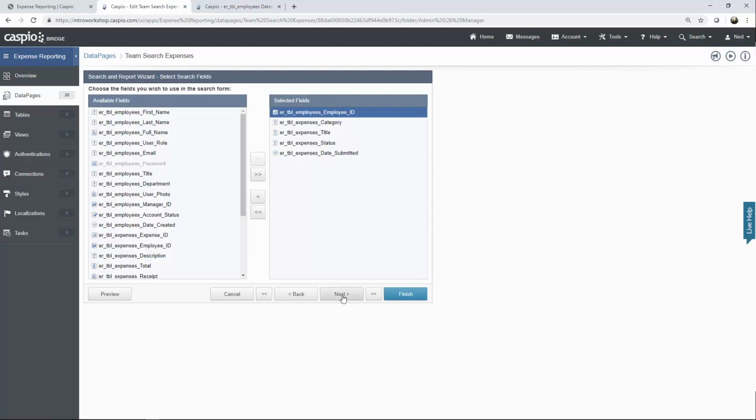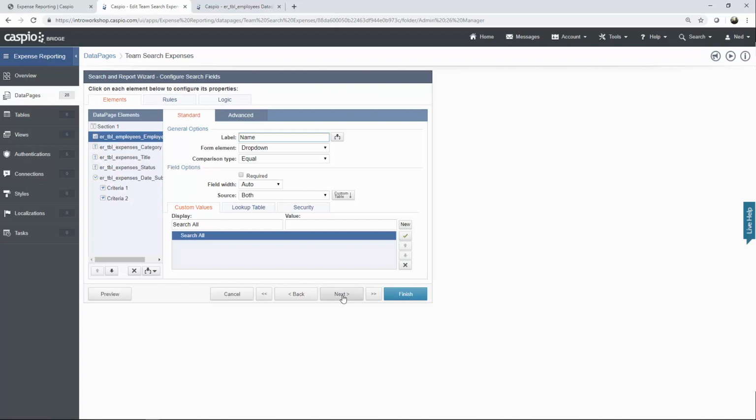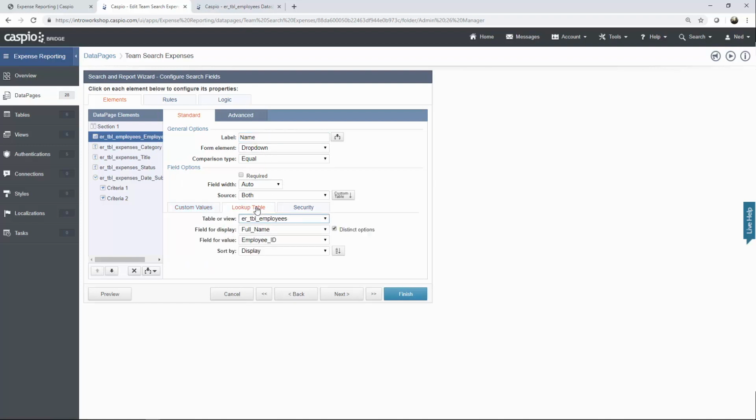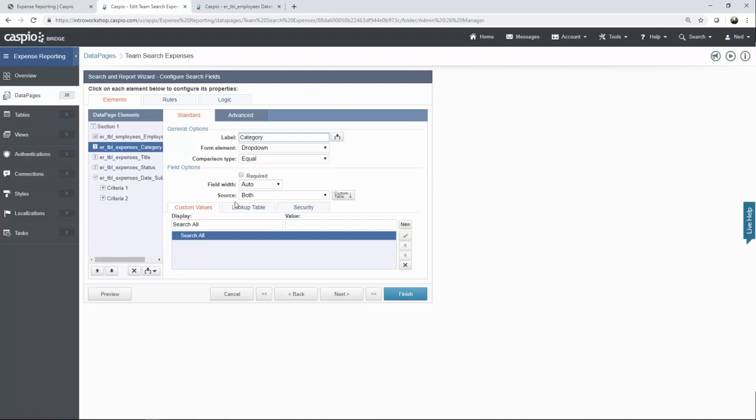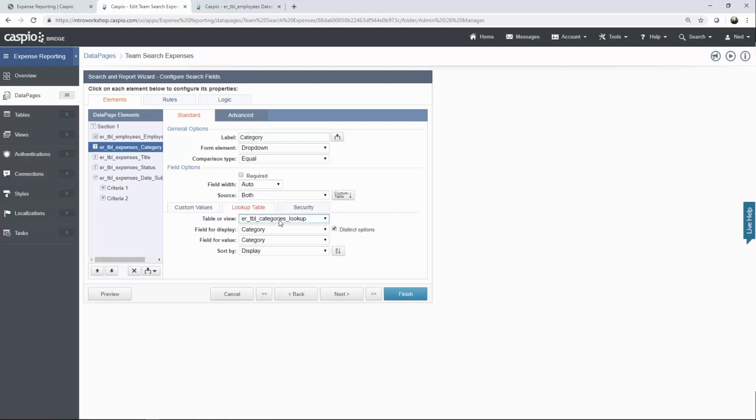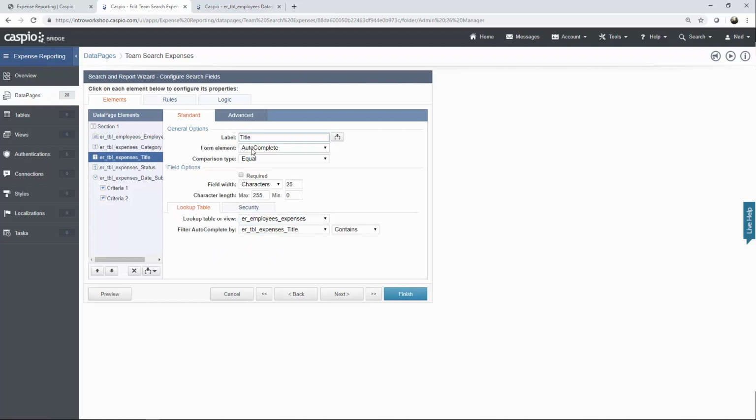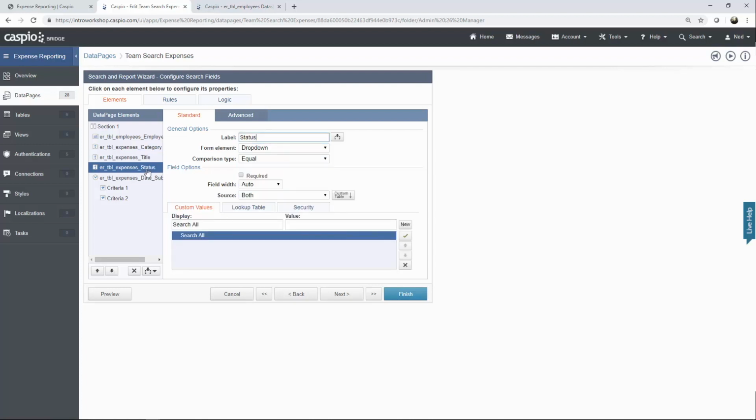These are going to be my search fields. And on the search form, you want to make some modifications. For the employee name, I'm using a drop-down. I'm doing a lookup table to select the full name of the employee. My category is just simply going to look into the categories lookup table. So we've done all of this before. For title, I'm using autocomplete, which works very much like Google search, and we have done this already in the employees folder. Status, once again, we're going to use a drop-down, and then we have a nice date range